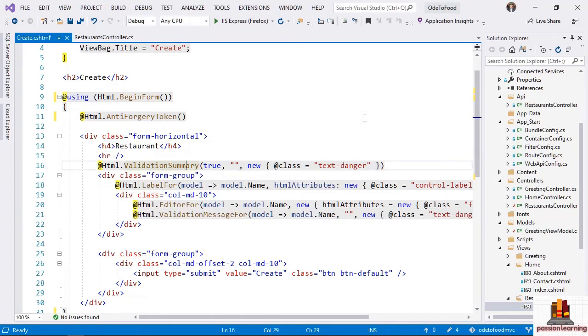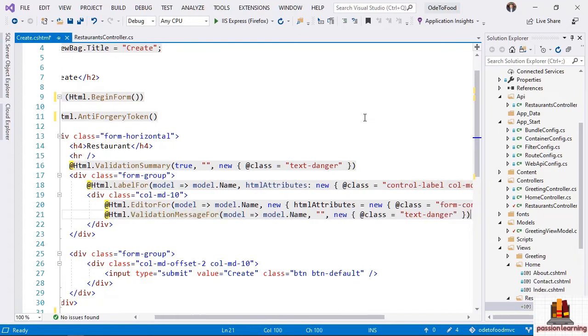Now, many of these other HTML helpers, as we're going to see, emit little bits of HTML and help us implement everything that we need for this form. For example, what happens if there are validation errors on our model? Currently, we're not going to have any validation problems because we're not performing any validation, but when we do later in this module, we'll see how HTML helpers that revolve around validation, like ValidationMessageFor, can automatically display validation messages for us. And those messages can be styled using Bootstrap styles to call out that something is an error or something is